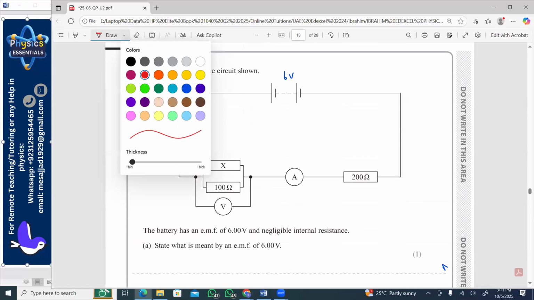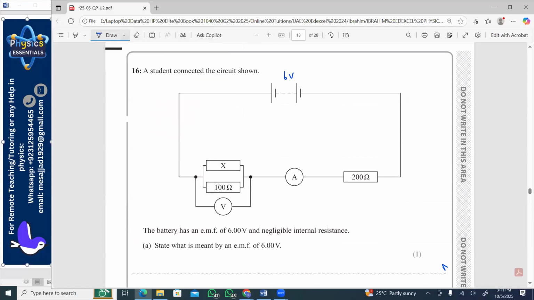That is 6 volt, and this is 1.64 volts. So it means if this is 1.64 volt, this is also 1.64 volts, and this is 1.64 volts, because in parallel the voltage remains constant, right? So, according to KVL,